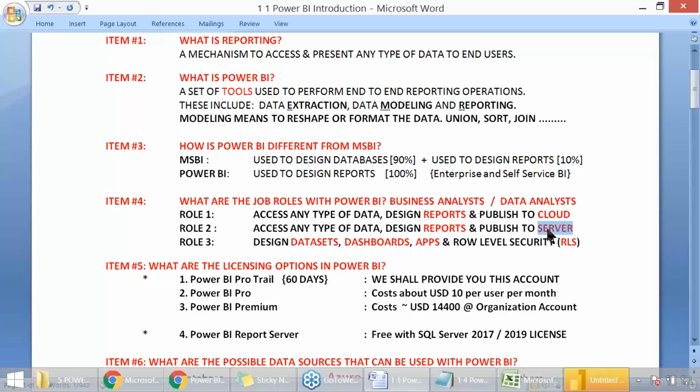In such a case, how to ensure secured access to your reports? There comes report server. So we have publish to cloud, sharing over the internet, or private space, say your report server. Both flavors available with ease.